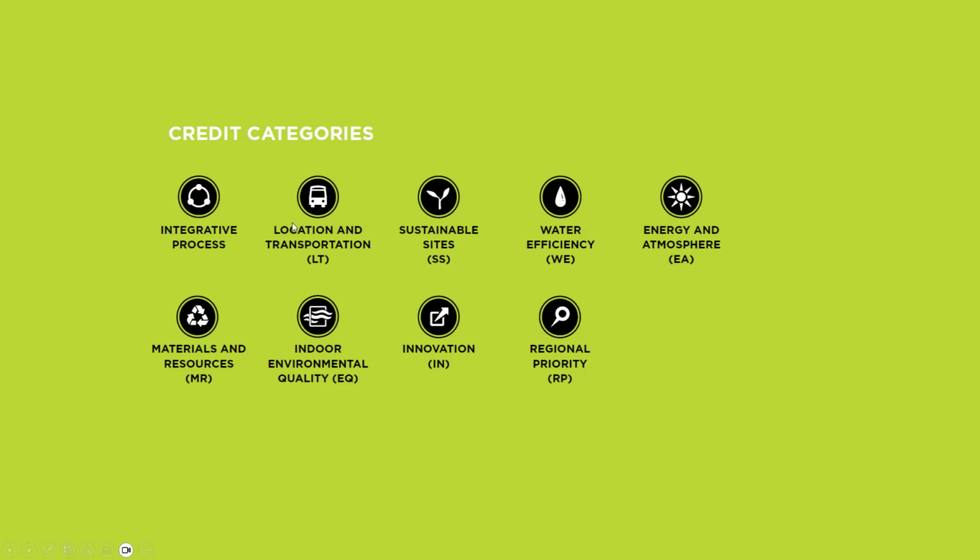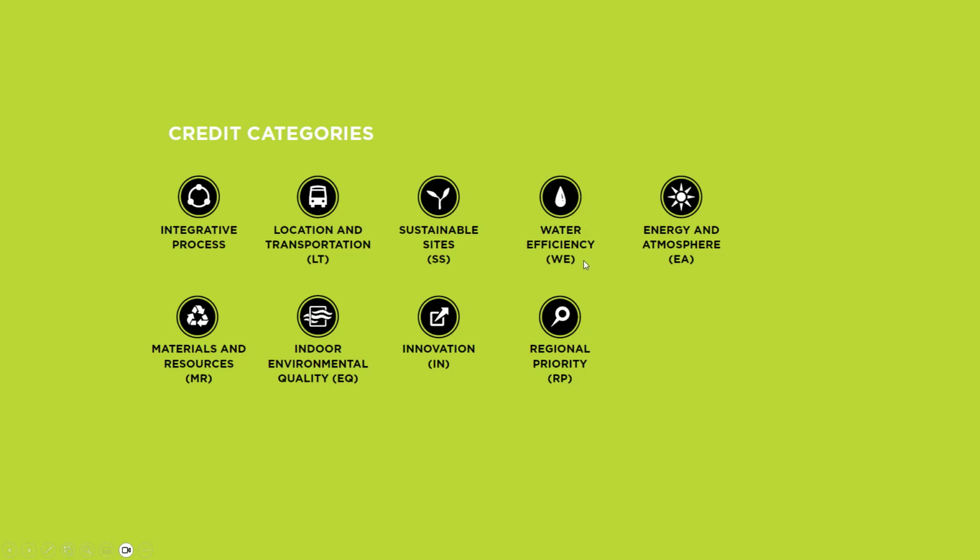Some of the strategies are at urban scale, or mostly are at urban scale. For example, location and transportation. Providing public transportation is beyond the scope of interior design, but if you're designing something from scratch, you can make a decision about the location or pick a land or a lot that can help you to get some credit under this. Sustainable site, again, is mostly about architects because they will make decisions about these things, not necessarily